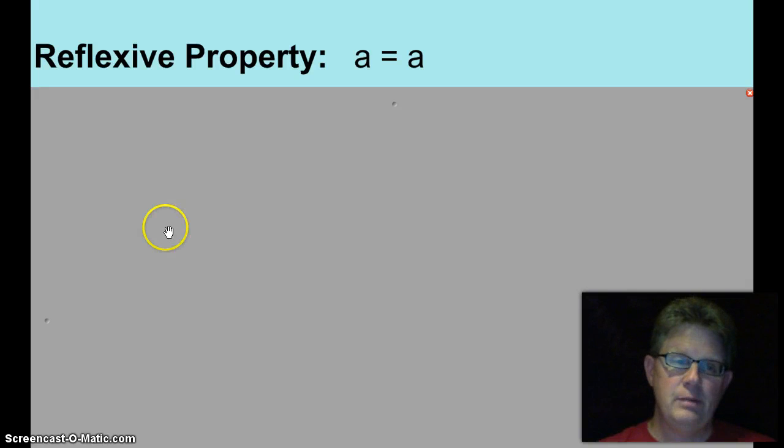Alright, we're going to learn 3 properties other than algebraic properties that we can use in solving equations and in proofs. They're going to be R, S, and T. The first one is the reflexive property. It says that any number equals itself. You know, A equals A. You can almost look at that and say reflective, but don't ever write it or say it. Just spin it through in your brain. It's the reflexive property. Any number